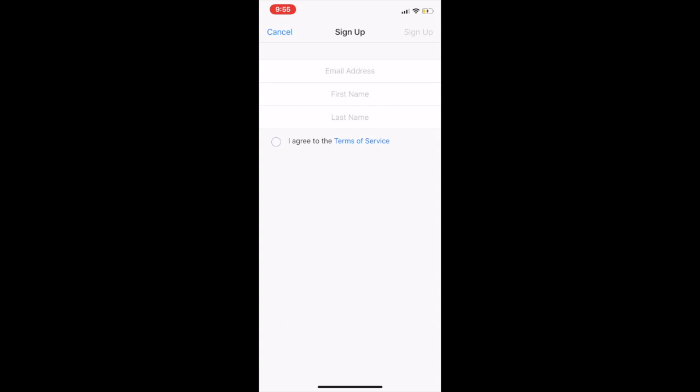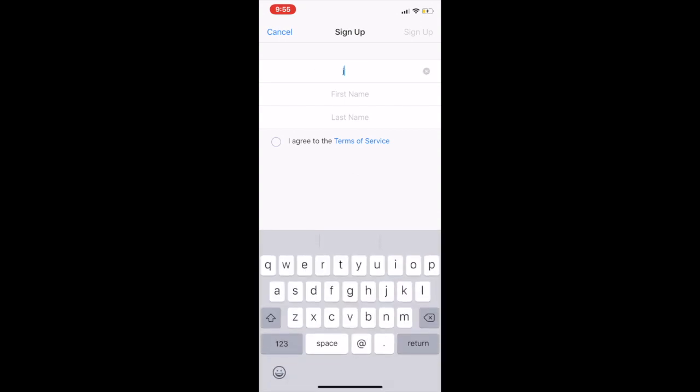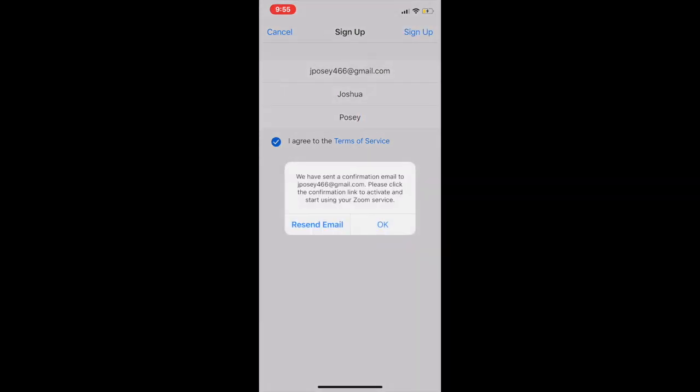I'll begin by entering my email address. Now, this is a dummy address for me, so please don't try to contact me through this. I will more than likely never see the email if you do. I just am using this for this purpose, to create an account so I can show you how. I'm going to put in my first name, my last name, and I'm going to agree to the terms of service. Now, you see it says it's going to send me a confirmation email, so I'm going to hit OK